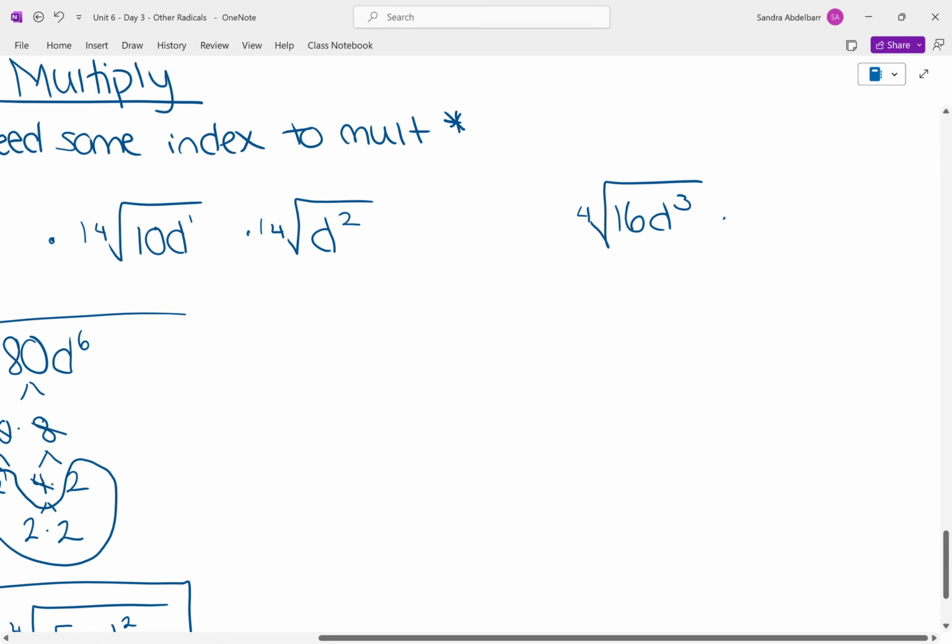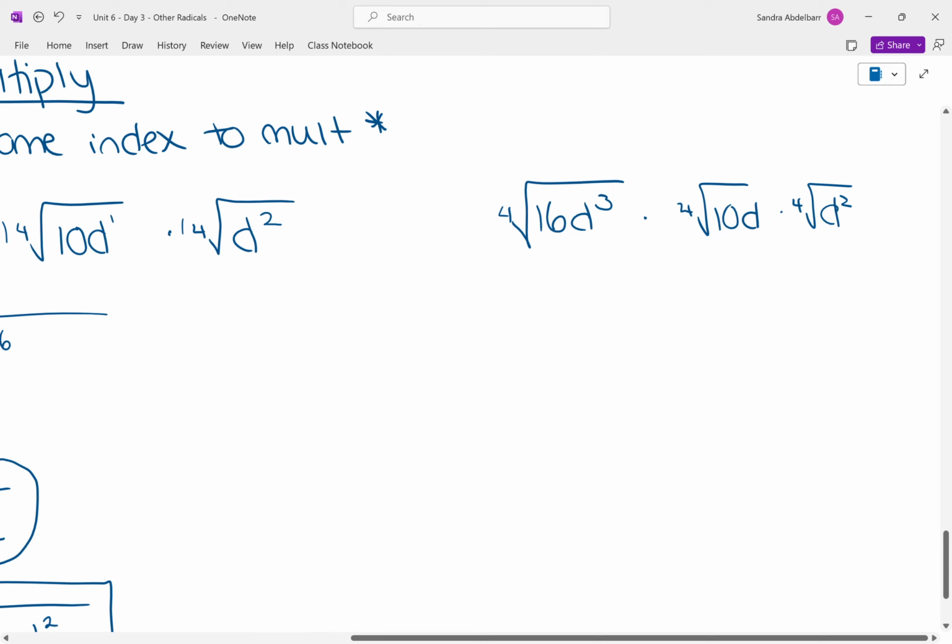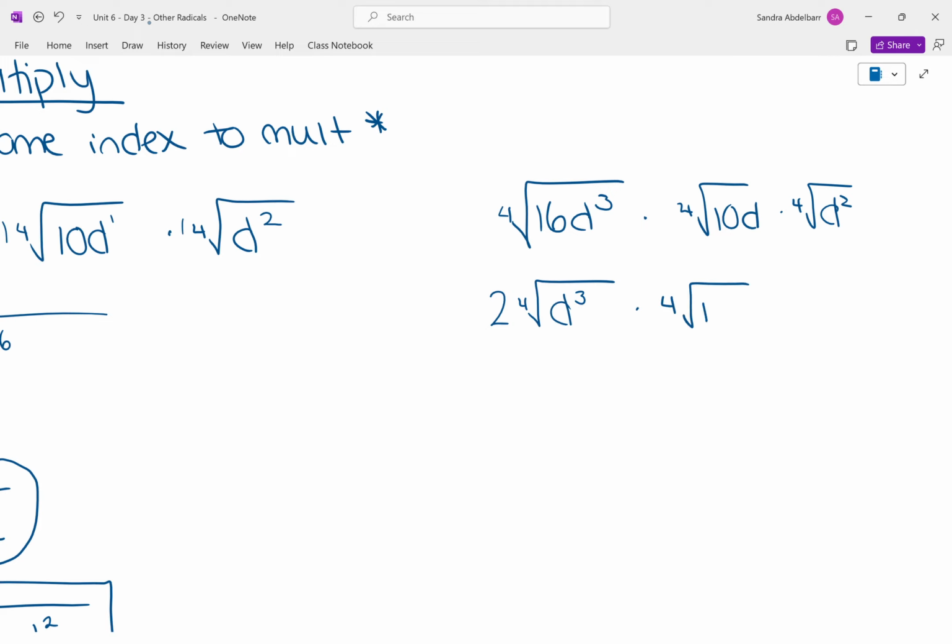So I'll write it out for you. If we had the 4th root of 16d to the 3rd times the 4th root of 10d times the 4th root of d squared, you wanted to simplify first, right? This would have been 2 times the 4th root of d to the 3rd times the 4th root of 10d times the 4th root of d squared. So then you multiply, and you're going to get